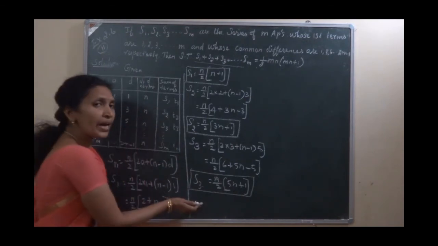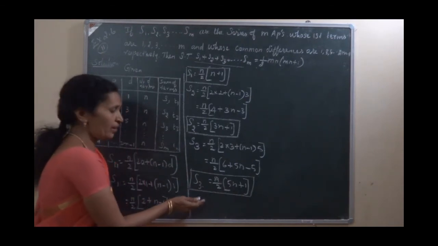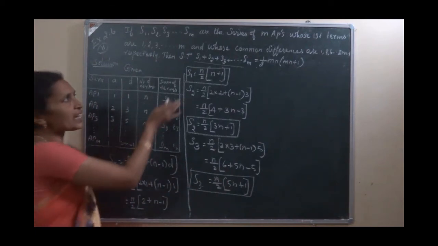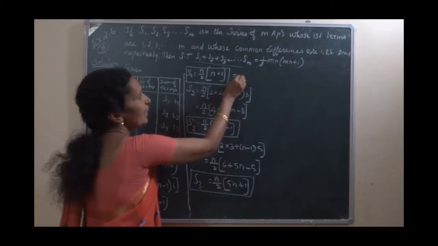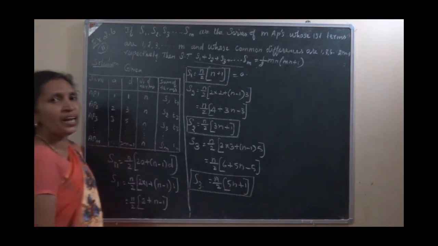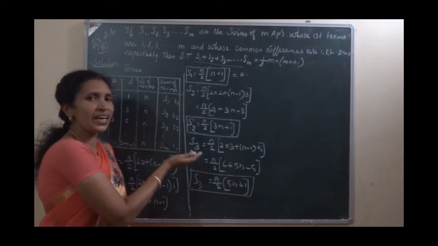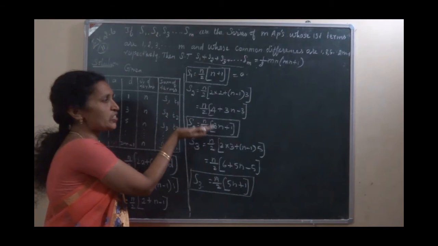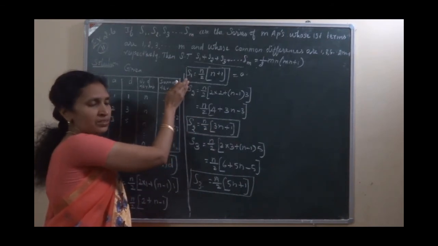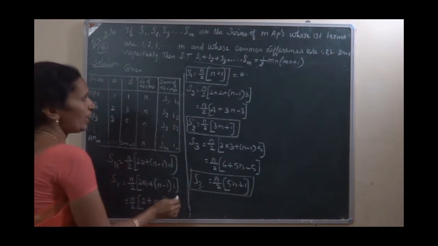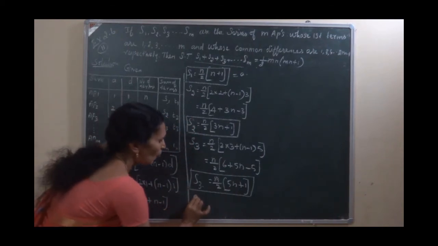So from there you have to find the value of A. A value is what? The first term. So you can consider S1 is A. Okay. D value you have to find it. How you find the D value? Second term minus first term. So S2 minus S1, S3 minus S2 you have to find it. That value we consider that is D. Okay. Now you find S2 minus S1.